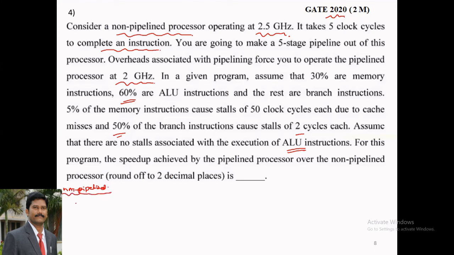Non-pipeline processor. To execute one instruction, it takes 5 clock cycles to complete an instruction. That's why 5 into clock frequency, which is 2.5 gigahertz. So for each clock it will take 1 by 2.5 giga, which equals 2 nanoseconds. So to execute one instruction in non-pipeline, it will take 2 nanoseconds, right? This part is over. Now coming to pipeline